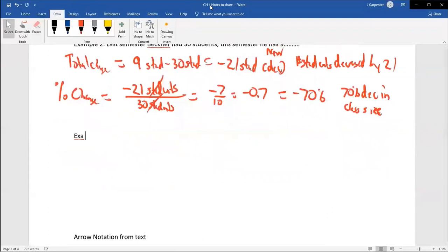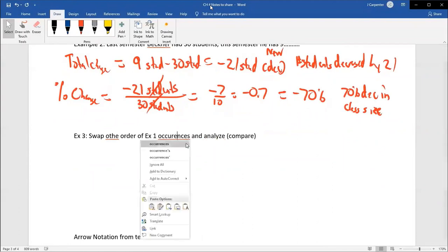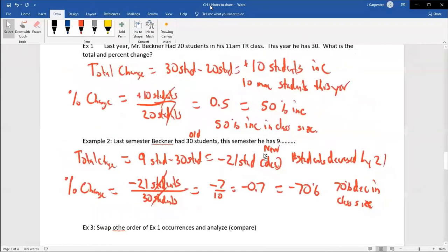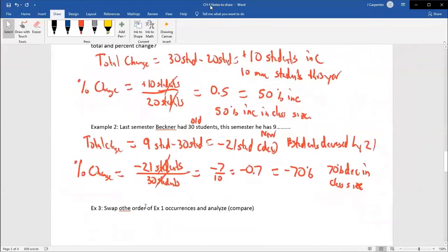So for example 3, what we are going to do is swap the order of example 1 occurrences. So we're going to go back to example 1. Let's just pull back a little. Example 1. But we're going to swap the order